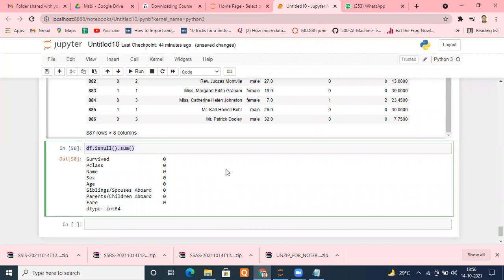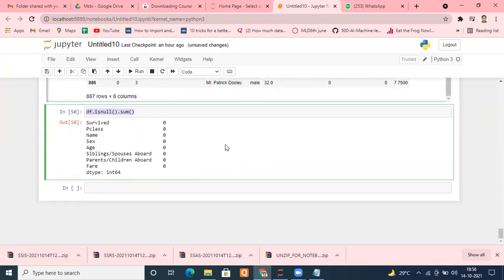And you know how to deal with them. We studied how to deal with the missing values yesterday. Remember, we studied two things: either we can drop the missing value rows or we can fill them, means we can fill the details where there is a missing value. Okay, this is a very important EDA method.